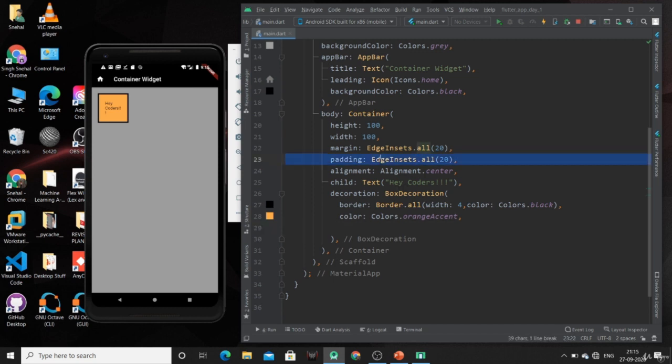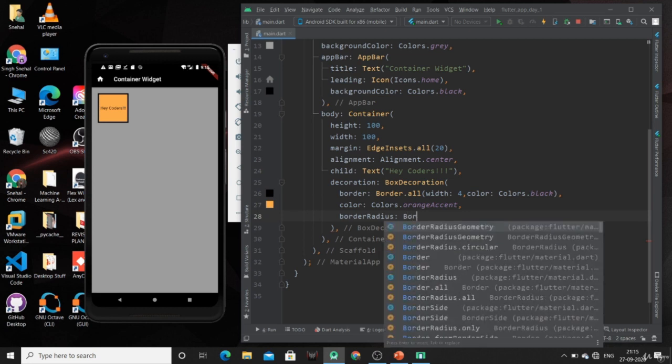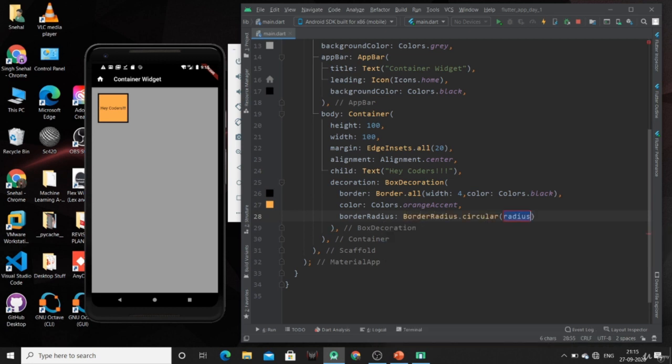I am just going to remove this padding as it is not looking so good. Now it's perfect. Now we are going to give some radius to our border. For that we can use this border radius property. Use this BorderRadius dot circular function and specify the radius of the border you want.